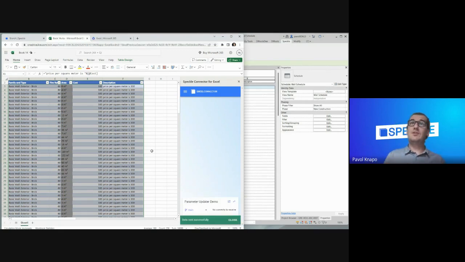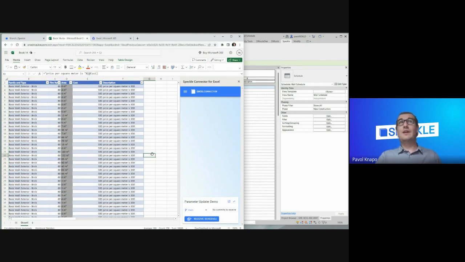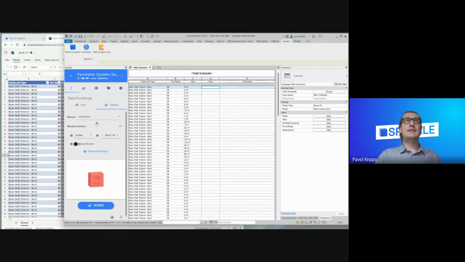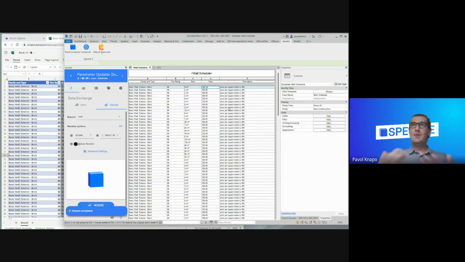And the advantage here is that as a cost planner, I don't have a license to Revit, or I don't have the application even installed. So in this way, I can easily manipulate the data or update the data which is in the BIM model, send it back to the architects, who then on the receiving side can receive this data to the Revit schedule and the BIM model. And all I need to do on the architect side is really just go to the send tab, receive or select the relevant branch, hit the receive button, and the table is then updated and populated